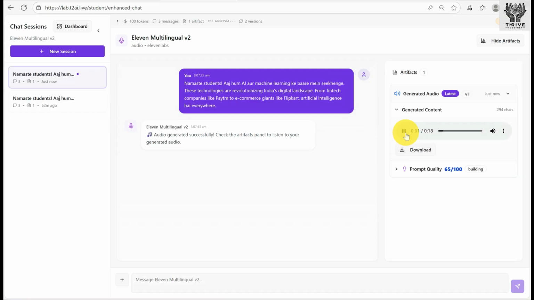Namaste students. आज हम AI और machine learning के बारे में